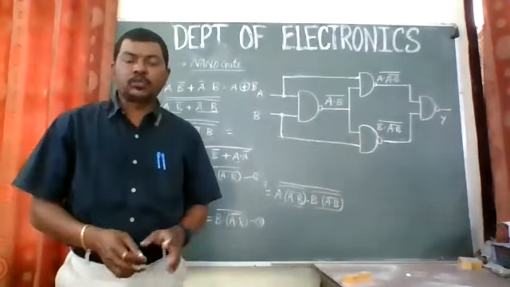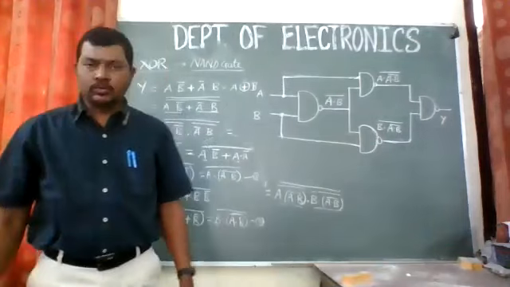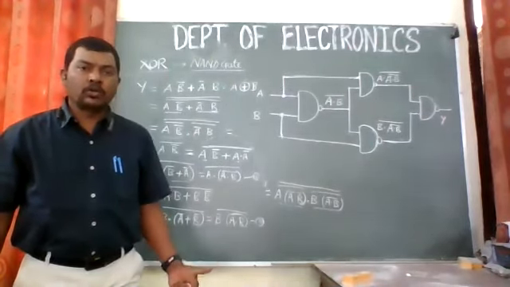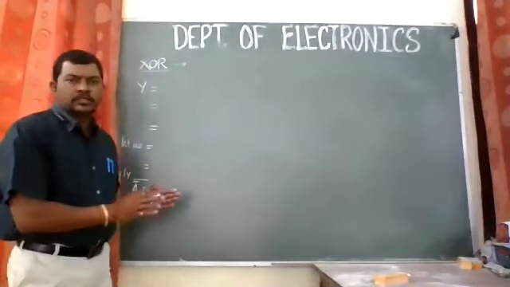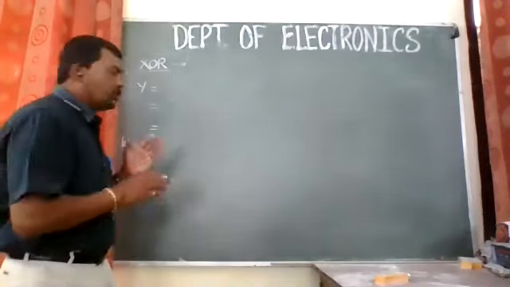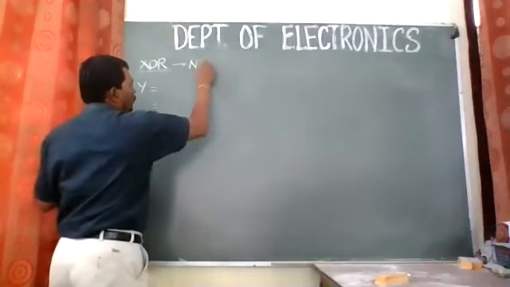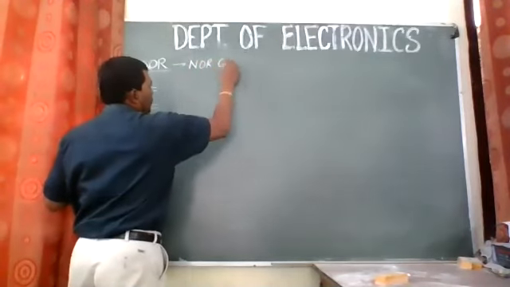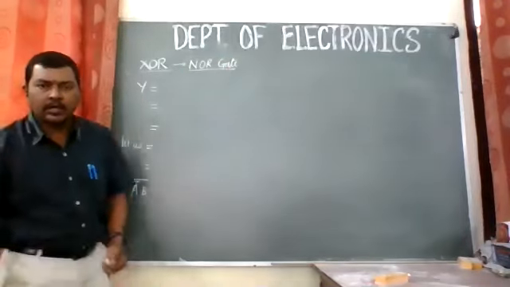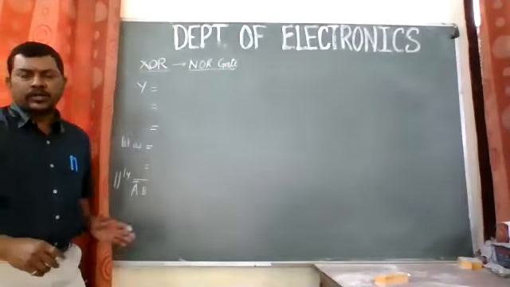So this is the simplest one. We can try the same circuit by using NOR gate also, right? So let us try to solve the same equation for NOR gate. Yes. So now we will again start to simplify the same equation of XOR gate. This time we'll try to implement this circuit by using NOR gate. So let us begin. I will just rush through this because we have already understood the concept of it, and I guess we are left with only 10 minutes for that. So let us begin with this.